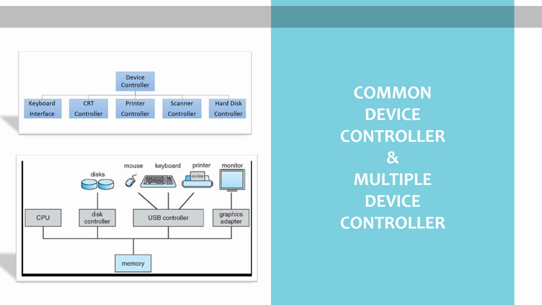So what does it have to do? It has to install a device driver, and that device driver will allow my pen drive to talk with my operating system. Then my operating system will come to know that if some messages are coming or going, like input or output signals, then it will allow that, and all these things will be controlled by my device controller. Fine. So this is about the common device controller and the multiple device controller.